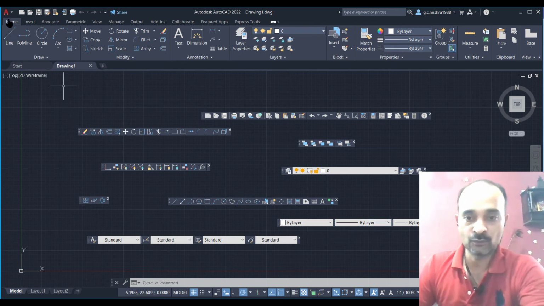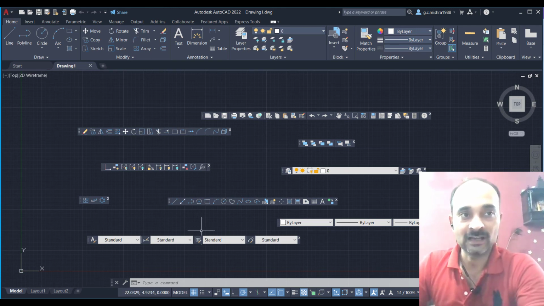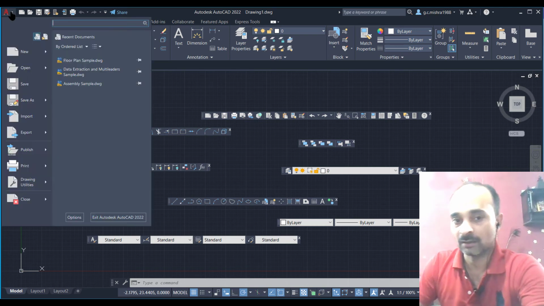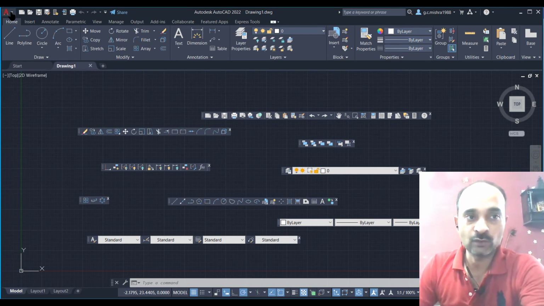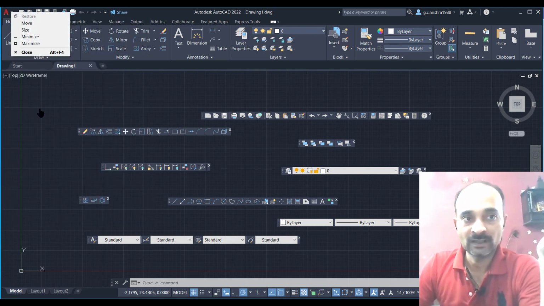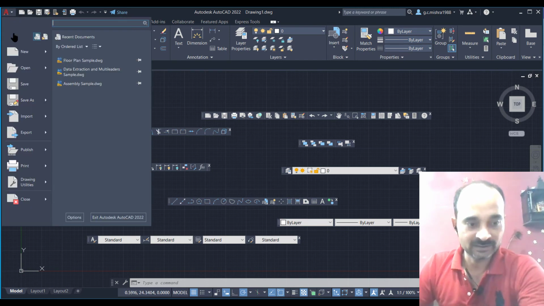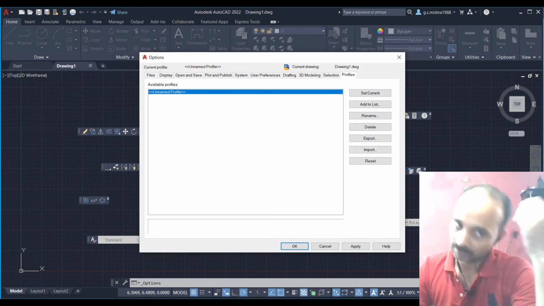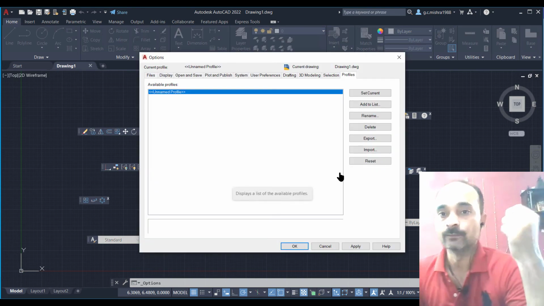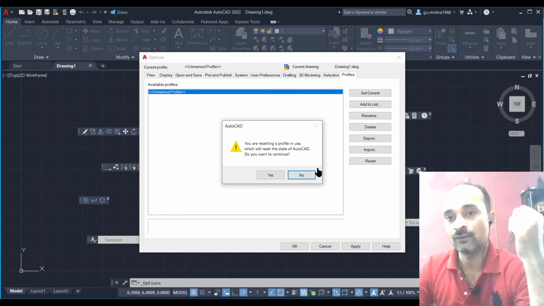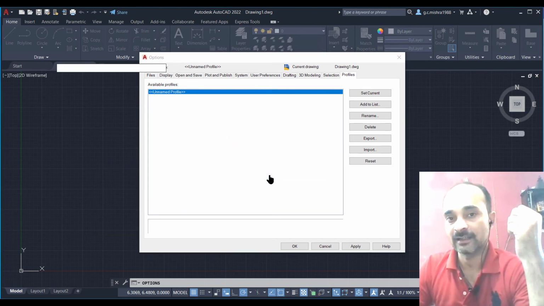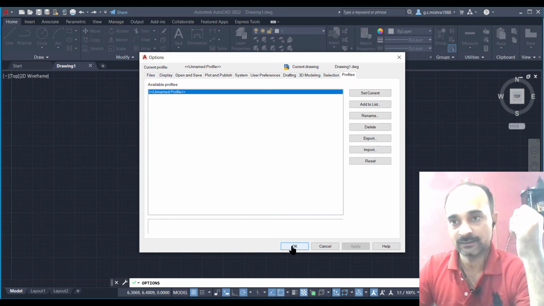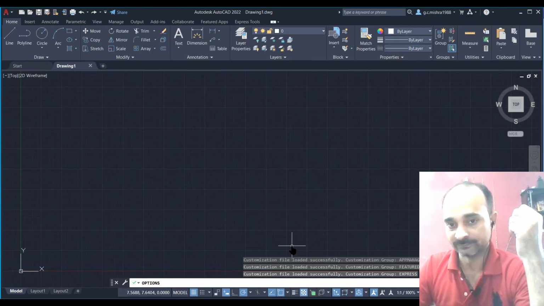So if I go to resetting once more, these icons are floating in your workspace. If I go to the AutoCAD menu and click on options, the window will appear here, and I will go to reset, yes, and click on OK.